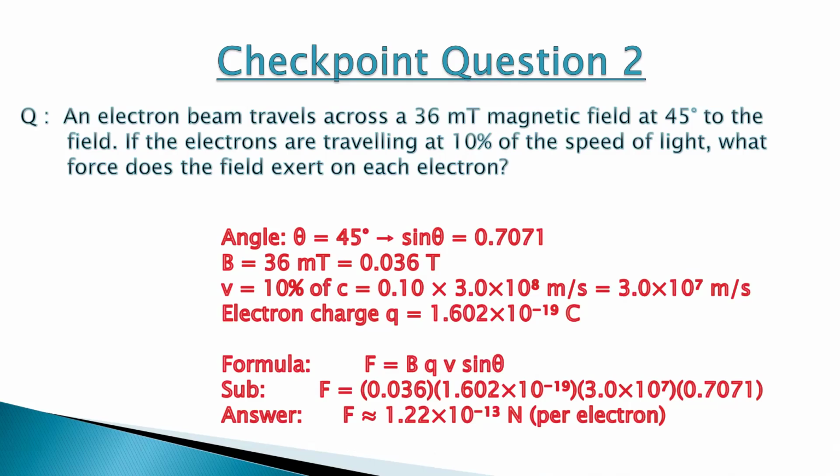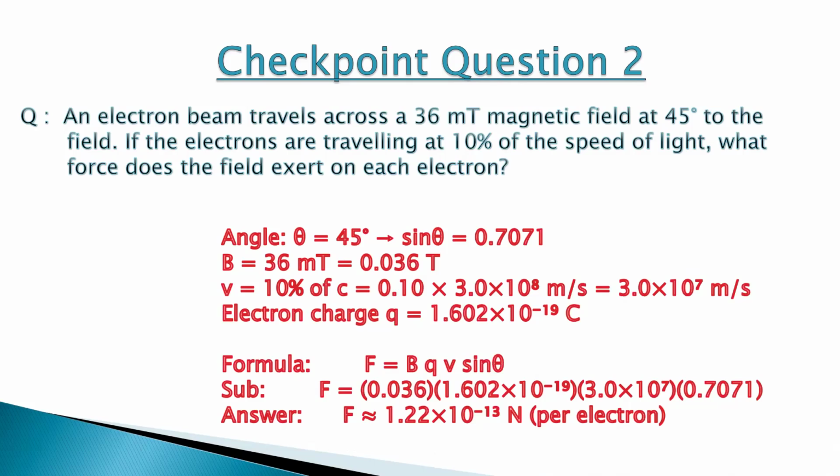Here, the field is 36 millitesla, so B equals 0.036 Tesla. The electrons move at 10% of light speed, so V equals 3.0 × 10^7 meters per second. And the beam meets the field at 45 degrees, so sine theta equals